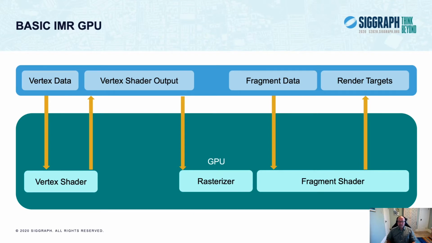This is a very oversimplified diagram of what an immediate mode rendering GPU looks like. The big green block is the GPU silicon. The blue block is the RAM that the GPU has access to. As you can see, based on the direction of the arrows, the geometry data is stored in some buffer in RAM and fetched onto the GPU, where the vertex shader transforms the positional information into screen space,